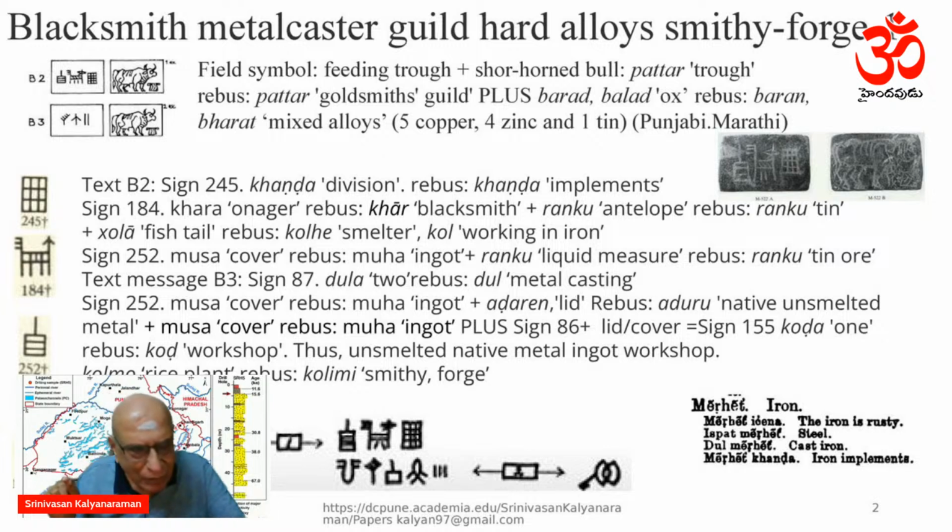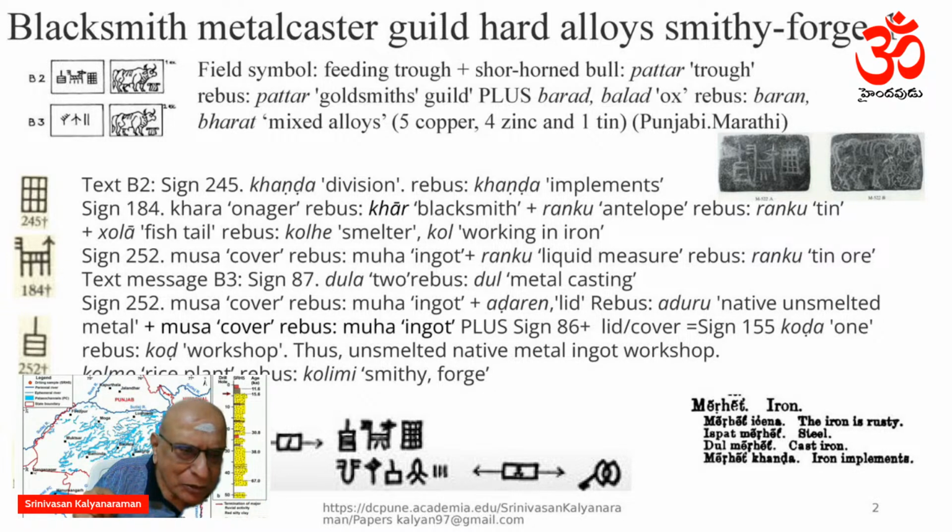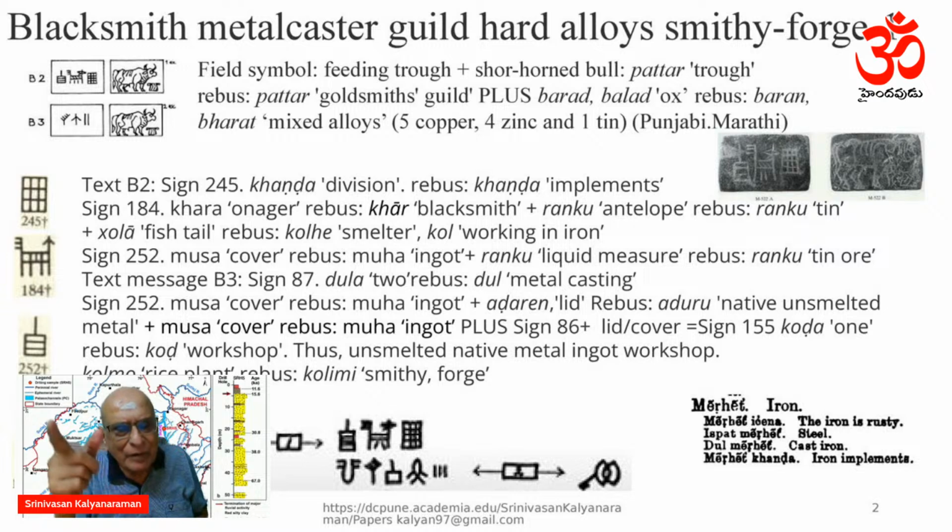Similar is the sign for 252. It's a liquid measure with some water inside, filled with liquid measure. The liquid measure is signified by ranku. Similar sounding word is ranku, tin. So tin work is going on. And on the top, sign 245, there are divisions in a rectangle. Kanda division. Similar sounding word is Kanda implements. So implements are being recorded as a cargo in the cargo manifest, signified by this copper plate